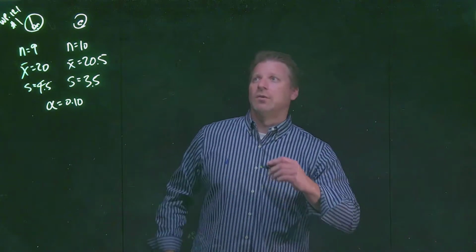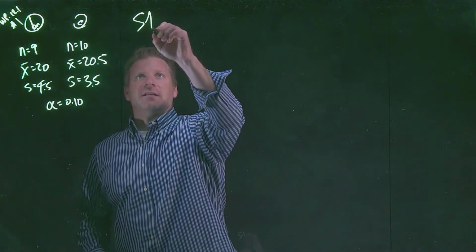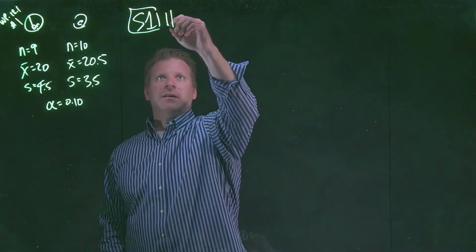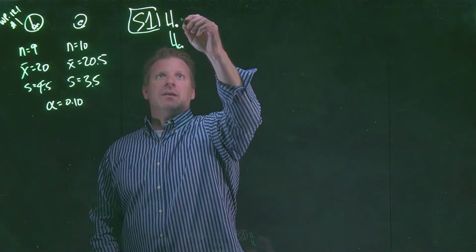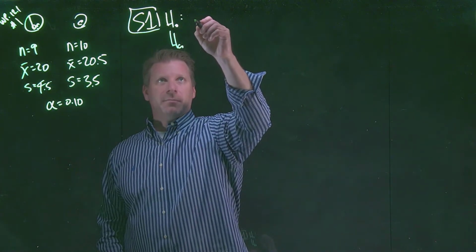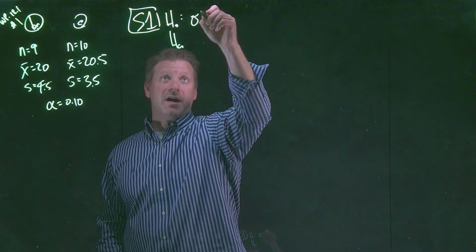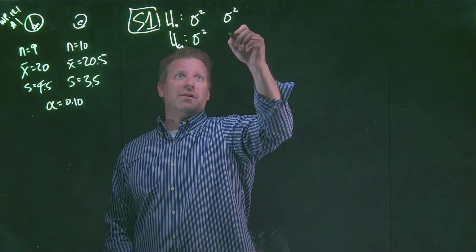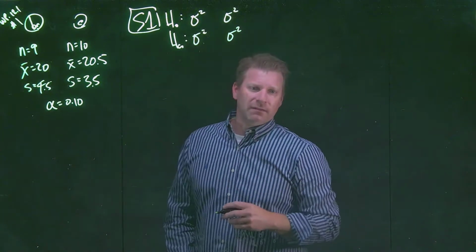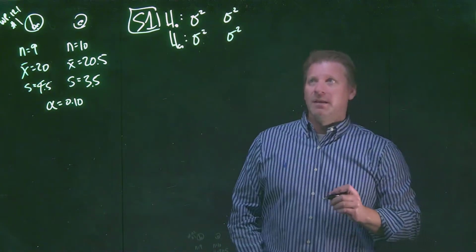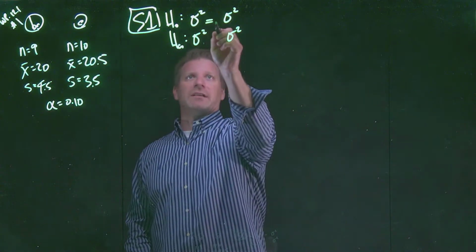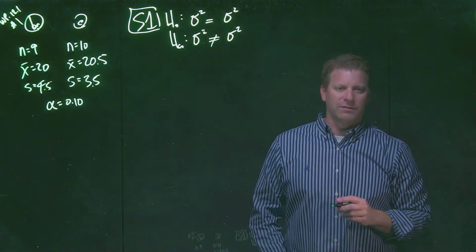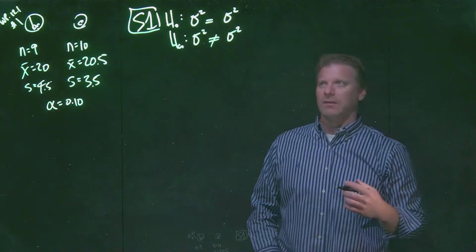Okay, so our first step, we're going to follow our standard 5-step process that we've been doing for all of our hypothesis testing. H sub 0, H sub A. So for the first time now, we're looking to hypothesis test 2 different population variances. Now in this case, the question simply asked, is there a difference between those 2 different routes? So it's an equals and a not equals, it's a 2-tailed test.